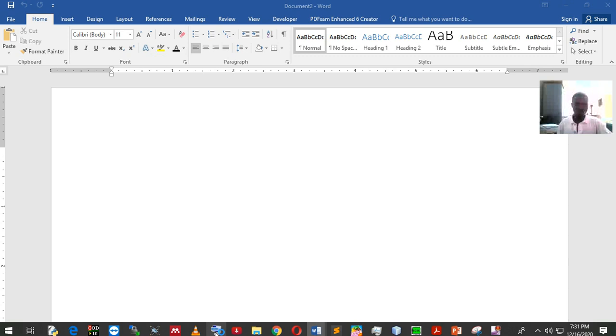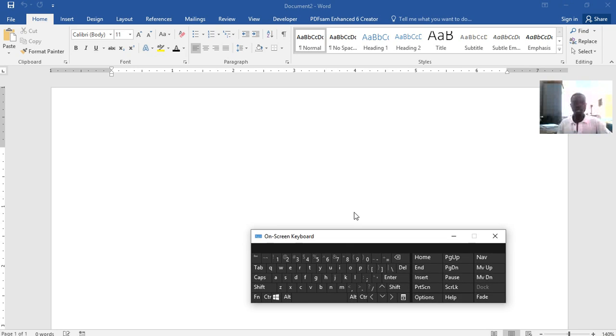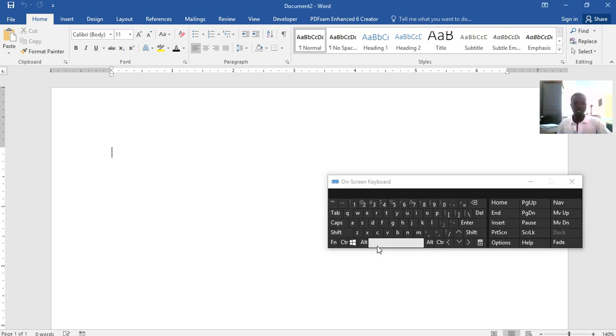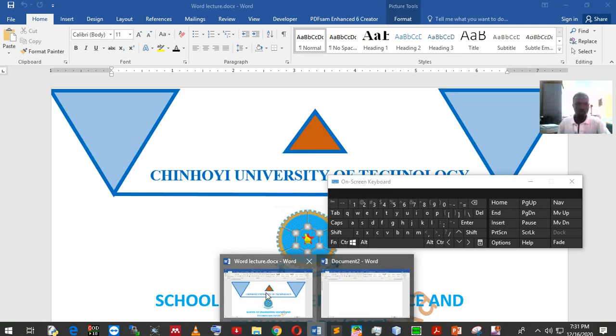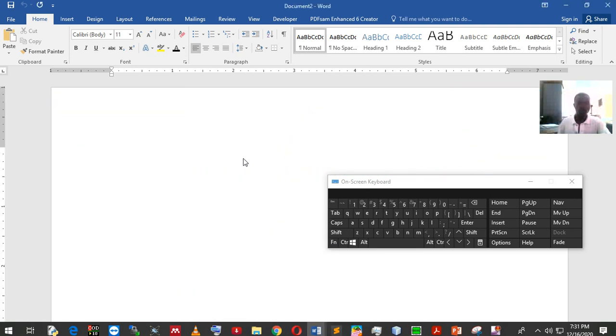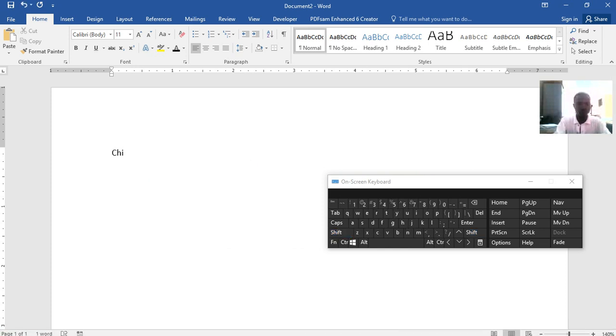So let me open my keyboard so that you may see what I will be typing. Right, so here is my keyboard. So here is my blinking cursor. If I want to put more spaces, I will do that. If I want to delete, click on backspace. Right, so here I want to type, let's just see what's in there. Chinoi University of Technology. Okay, that's fine. Let's just say Chinoi University of